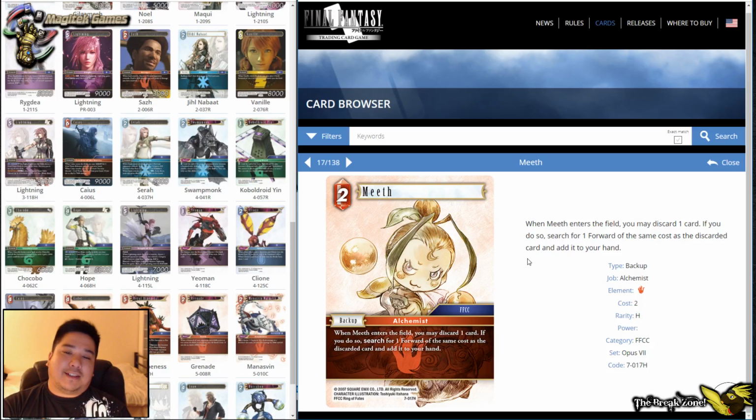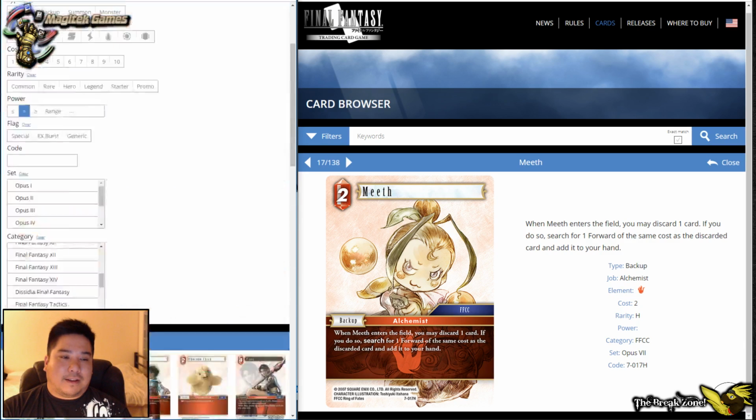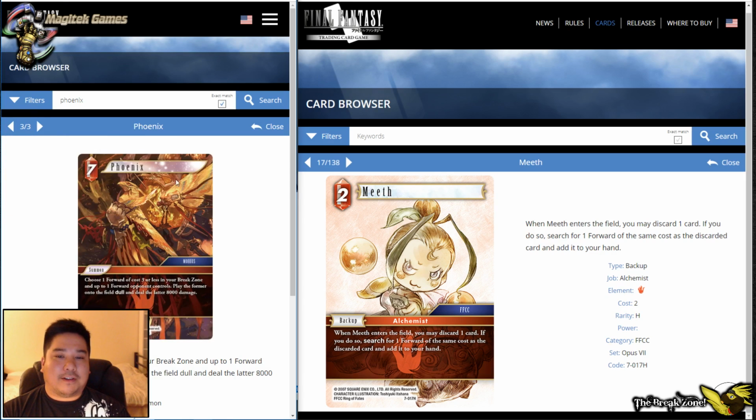Okay. Next up, Meath. I think this is a great card. Meath in combination with, let me clear up some of the filters here. Okay. Phoenix. Yeah, that's what I want to talk about. So, Meath in combination with Phoenix. By playing Meath and maybe discarding a 3-4 to search for another 3-4, playing a bit of a toolbox type deck,